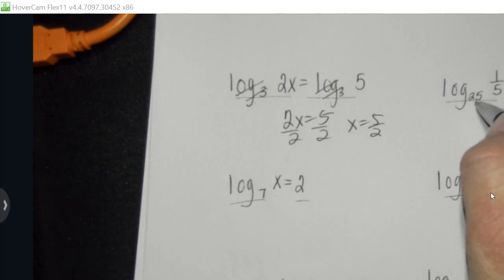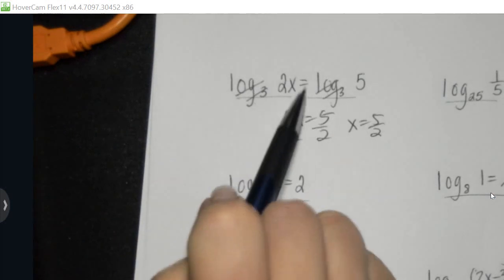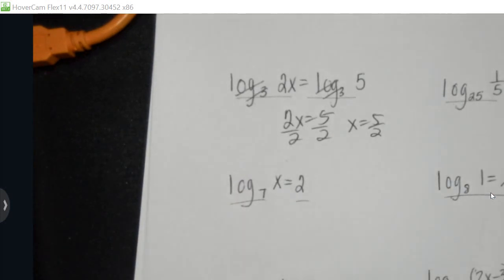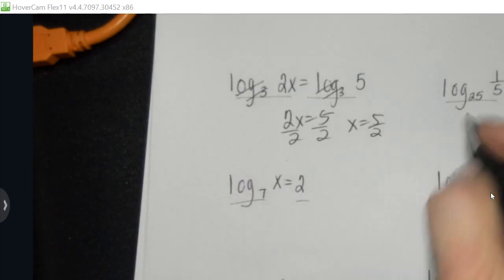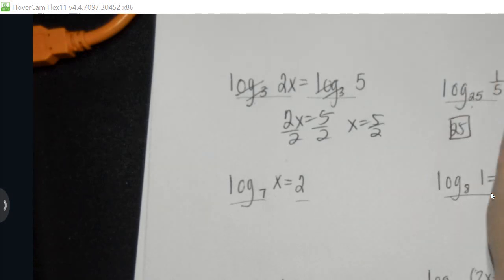Let's go across. Now, in this situation, I think it's going to be to our advantage. Notice this problem is different than this one. Here I have log on both sides. Here I only have log on one side. I'm going to rewrite this in exponential form. So I have the base, 25, raised to the opposite side, equals, I come back, equals the answer, 1 over